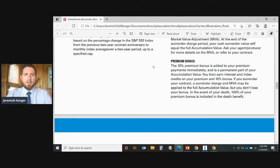The only product that does that is called an immediate income annuity, or what's referred to as a single premium immediate annuity that's structured for life only. There's many ways to structure an immediate income annuity, but if you choose life only, that means if you pass away, the money's gone. And indexed annuities, there's a death benefit, and the death benefit will always equal the account